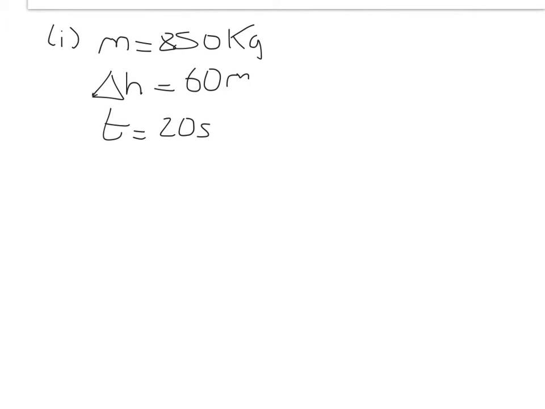So we're going to be dealing with a change in gravitational potential energy. And we calculate that by the mass times gravity, which at M2 is 9.8, and we're going to times that by 60 to turn that into an energy, and we end up with